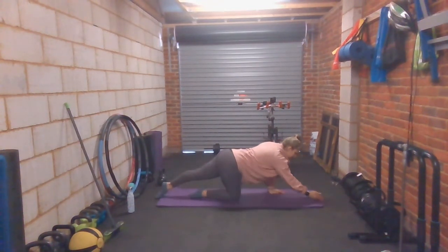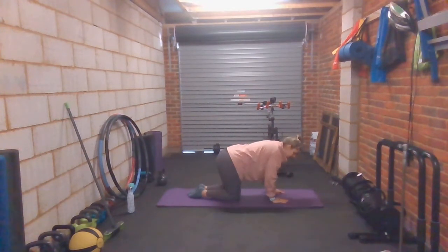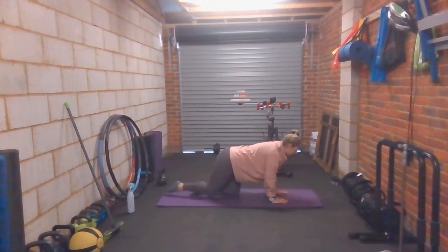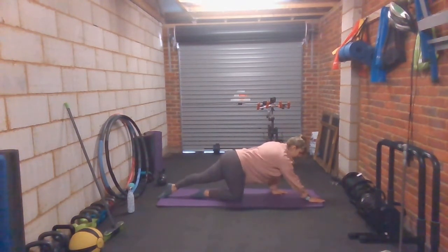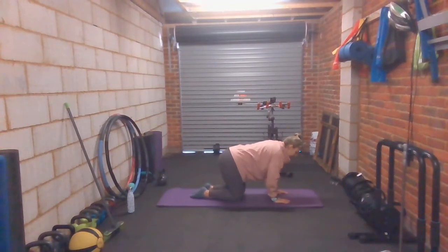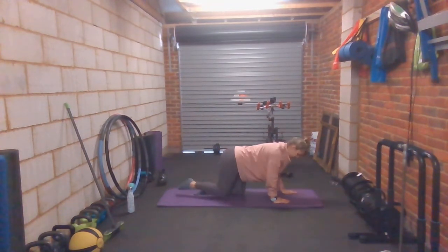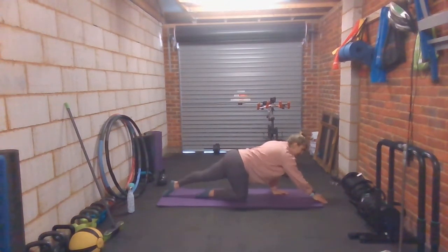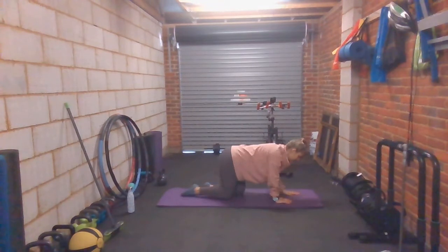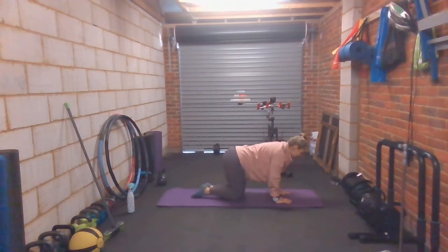Make sure the tummy stays nice and tightened, making sure that your back stays really long, and that we can maintain our balance. Bringing your hands back underneath your shoulders is also going to help keep you really balanced. If they're creeping too far in front of you, you'll feel really wobbly as you try and lift away from the floor. Put 2 more on each side, and we'll add some more movement in. Last one on each side, reach